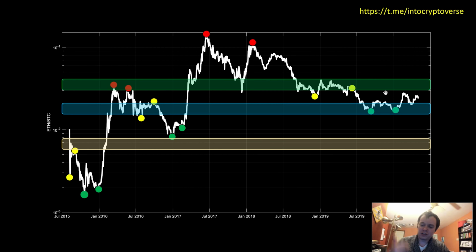Because if you follow this channel, we talk extensively about lengthening cycles. So potentially this moving up into this region, whenever it does occur, if we were to come up here and then see a first and second peak, our last gasp, and then the buy region, that would put the buy region, so this is 0.01, this is 0.02, between an Ethereum Bitcoin ratio of 0.03 to 0.04. So currently we're clearly below that. We bottomed out at around 0.02, but I'm just trying to get you to think into the future.